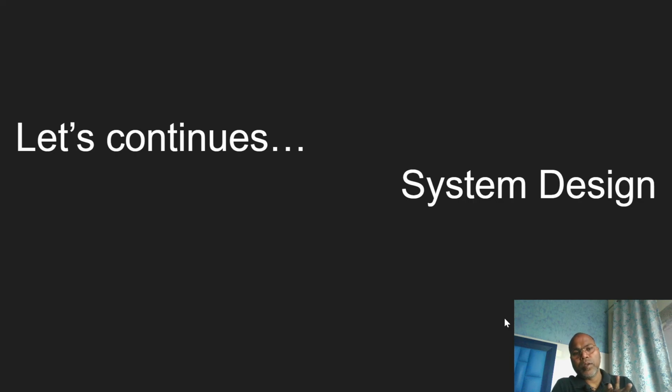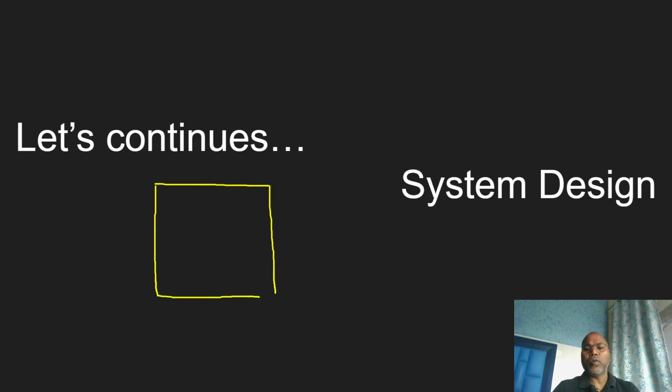Okay, so let's continue system design. So today I'm going to talk about one of the most basic parts of system design: whenever designing any system, generally systems have basic components. One component is the software system,